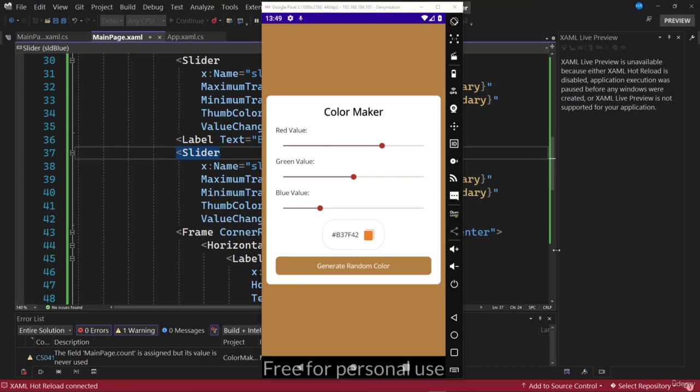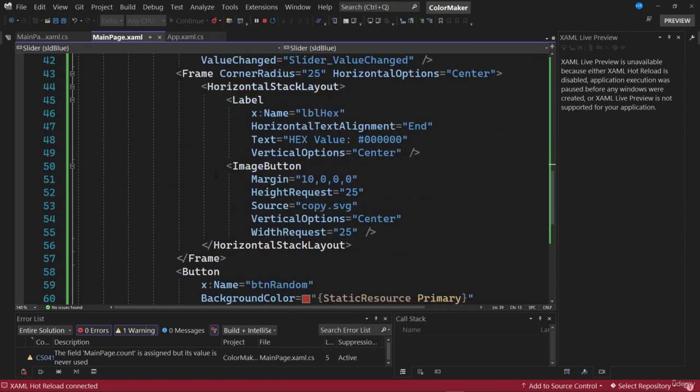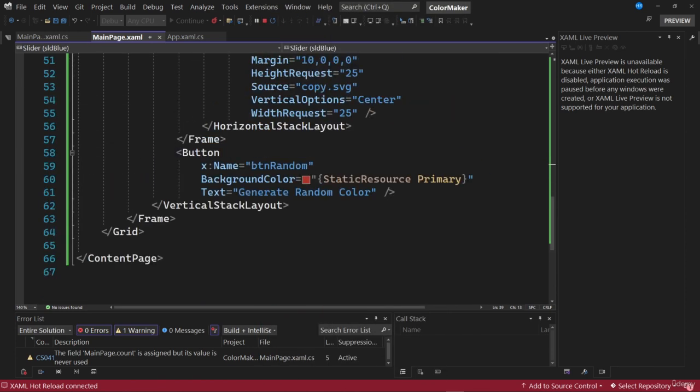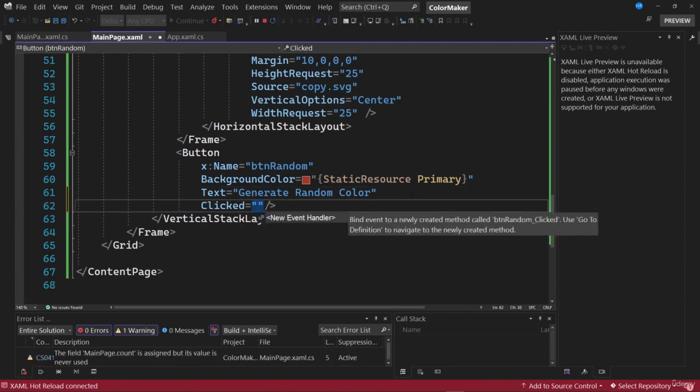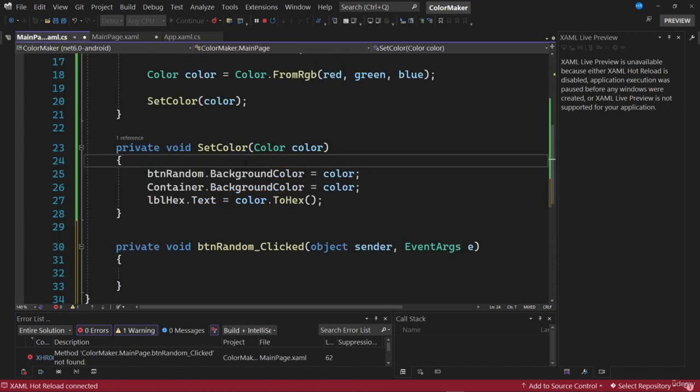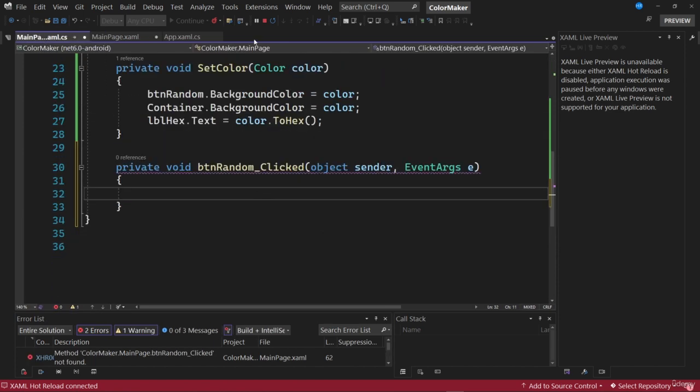In this video, we're going to focus on the generation of a random color. The first thing we're going to do is to generate the clicked event for this button. Then, let's indicate that we want to generate an event handler for the clicked event. We're going to go to the code behind, and as part of this event handler,